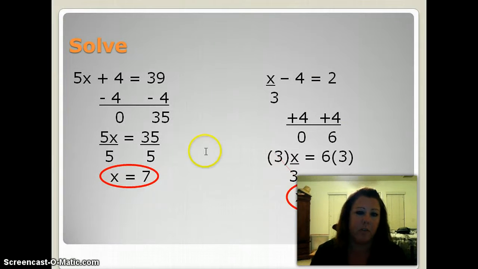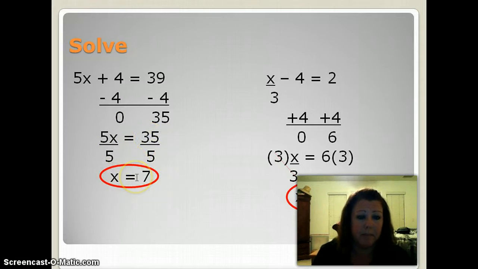So now I'm going to show you how to solve two other problems. We're going to solve 5x plus 4 equals 39. So what we do to one side, we have to do to the other. We're going to subtract 4 from this side, and we're going to do the same to the other side. So 4 minus 4 is 0. 39 minus 4 is 35. We are then left with 5x equals 35. Now we need to get x by itself, so we're going to divide both sides by 5,